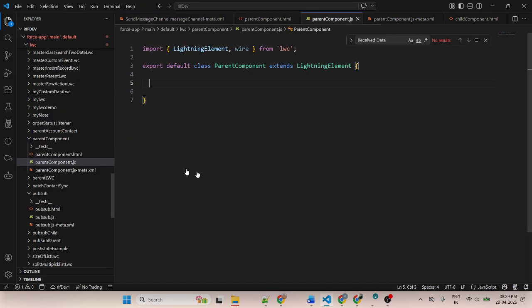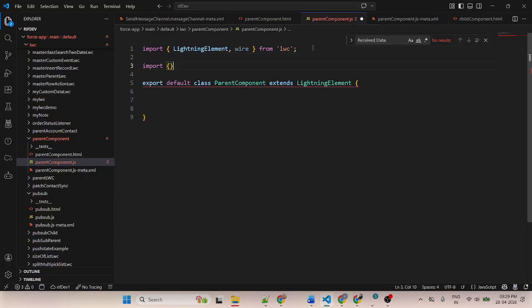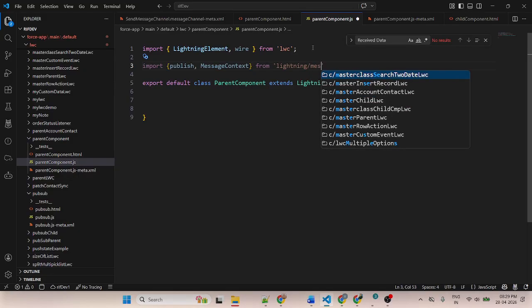So how to import? First, there are two types of variable import in JavaScript. Import publish and MessageContext from lightning/messageService.